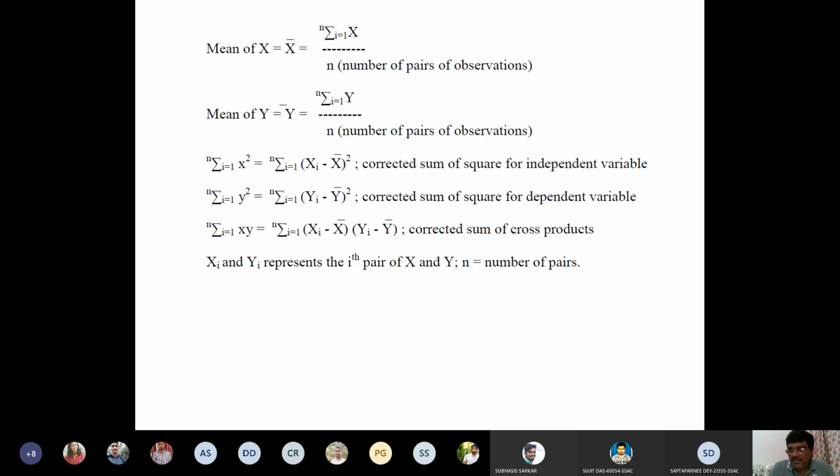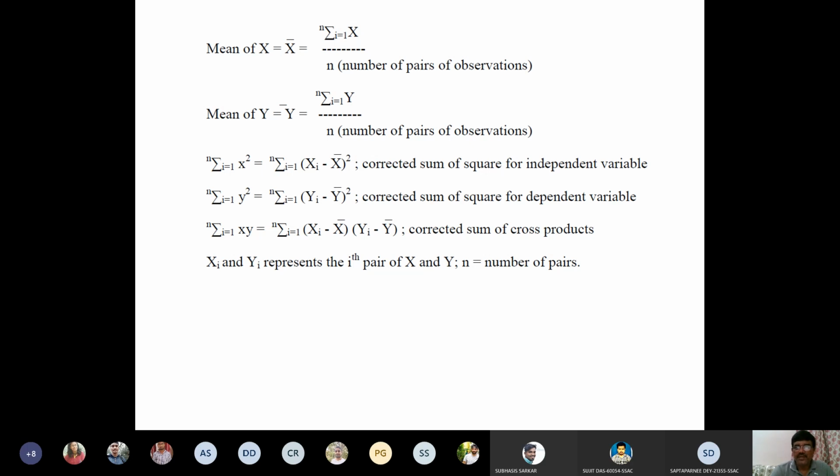Now, to find the value of A and B, you need certain parameters. It is regression analysis. So the first parameter you require is the mean of x. X is your independent variable, that is your input. So summation x upon n. I think you must have learned these things. This is the simplest thing in statistics, knowing the mean. Similarly, mean of the dependent variable, mean of y: summation y, you can make the total of y divided by n.